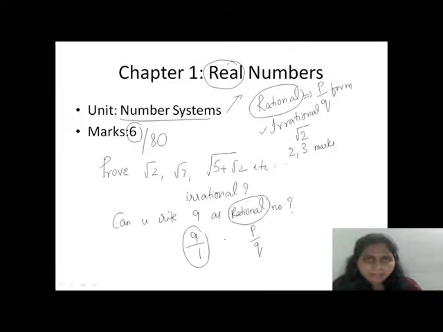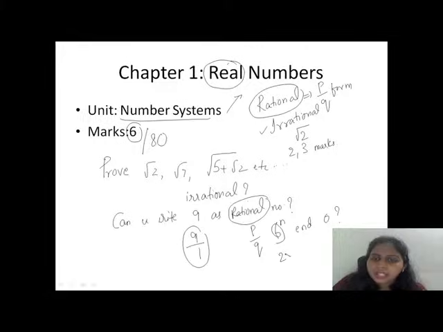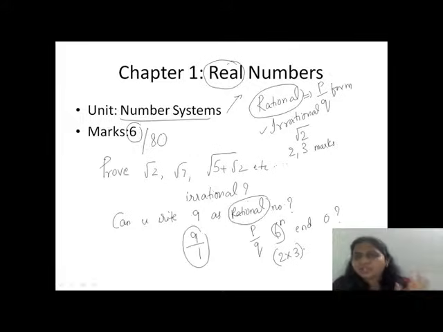This is a very, very simple question, yet students become confused. What is this? How can we write? This type of question they might ask you for the 1 mark questions. Also, they might ask you something like, can 6 power n end with 0? You have to know that if a number can be written as 2 into 3, for example, if I write 6 as 2 into 3, then it will end with 0. This is a trick that you have to note down.